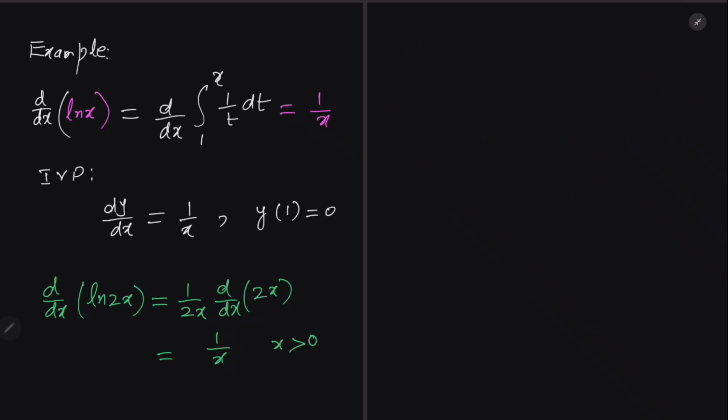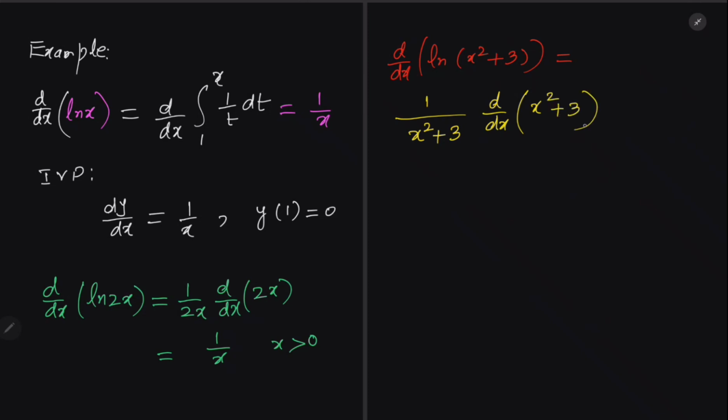Okay, if we have, for example, natural log of x square plus 3, then according to the definition of derivative, that will be 1 over x square plus 3 times d by dx of x square plus 3 by the chain rule, and we have 2x over x square plus 3. That is the answer. We are solving different examples. If you see another example,